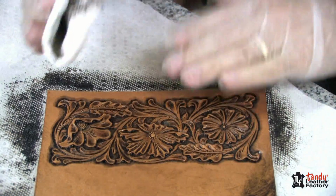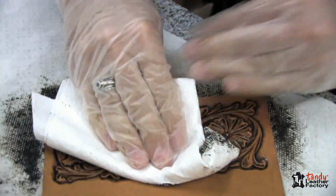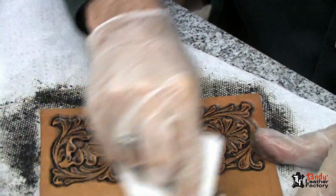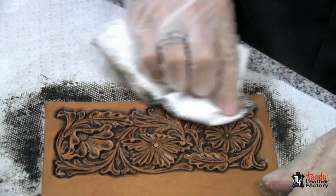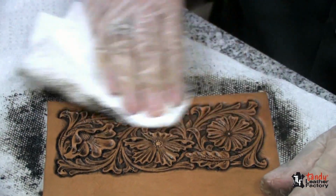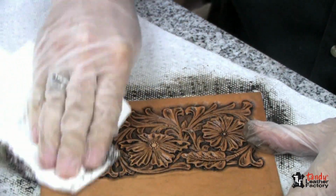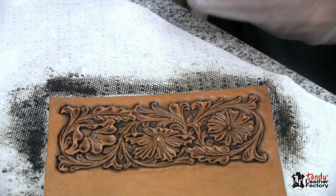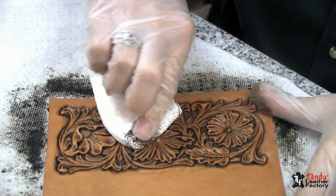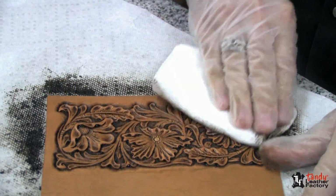And you can see that what happens is the antique settles down into every cut, every impression. It even picks up the grain of the leather out here where we did no carving. But it does a great job of highlighting all of the detail that we just put into this piece of leather. You can see that it gives it a great color, overall tone, and it really gives us even more depth